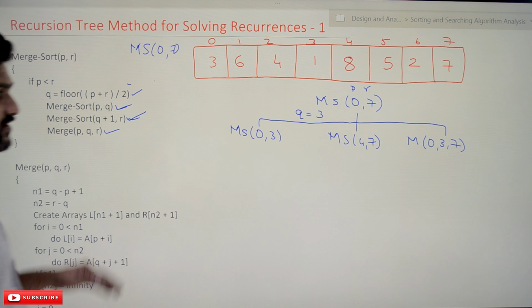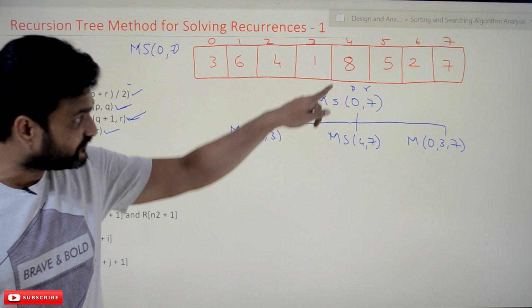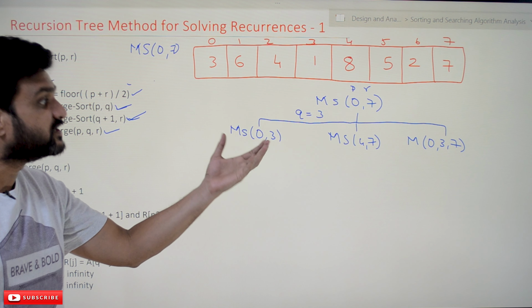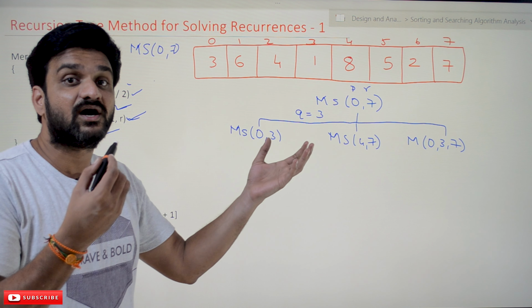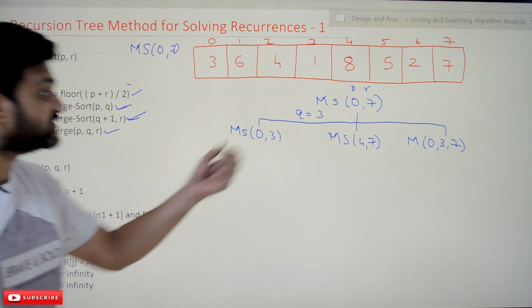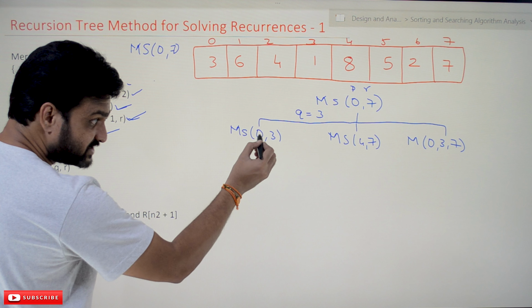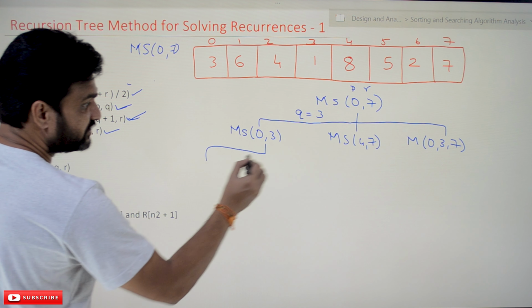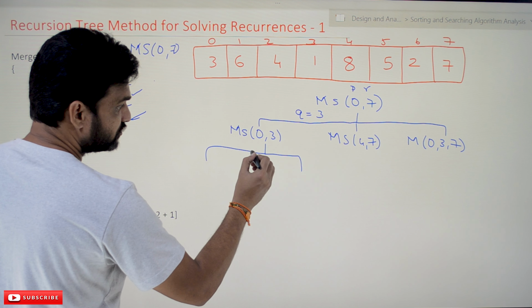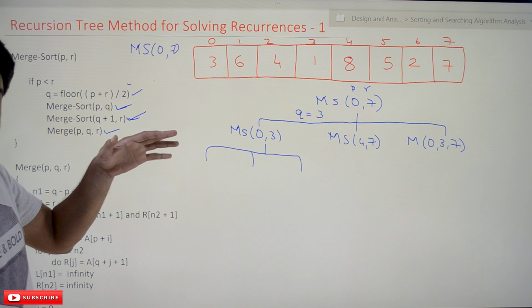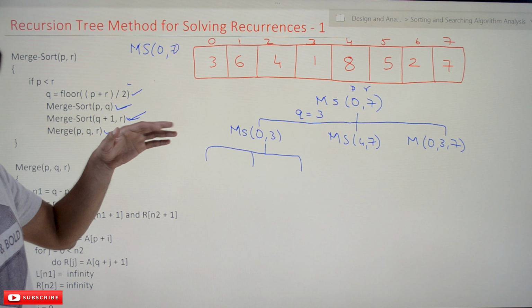Okay, so these are all the functions that are related to this function call. Whenever this function call is made, what are all the other function calls that are made by it? Again, three function calls are made. So that is how the recursive tree will get generated. Try to get that point.